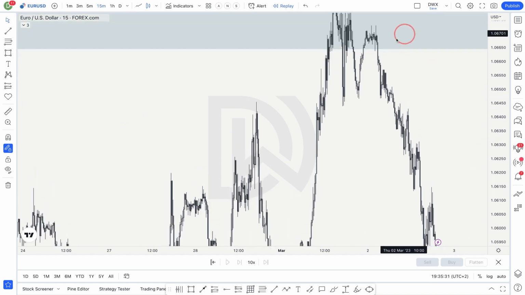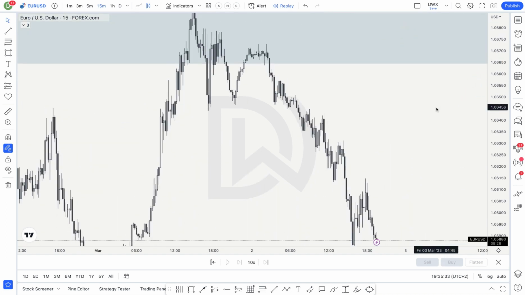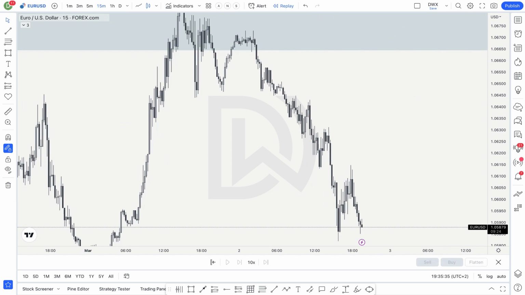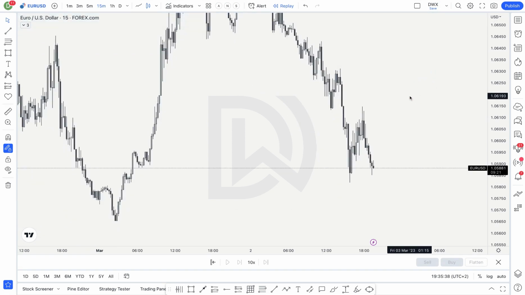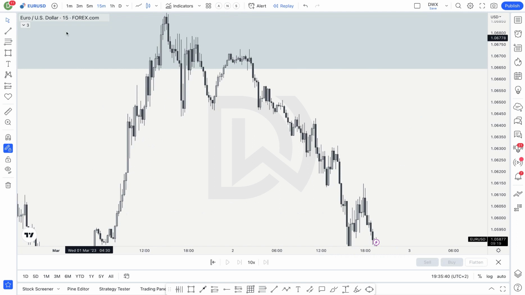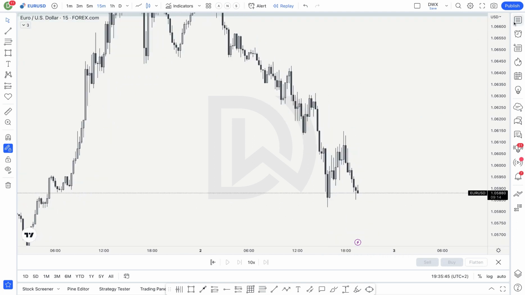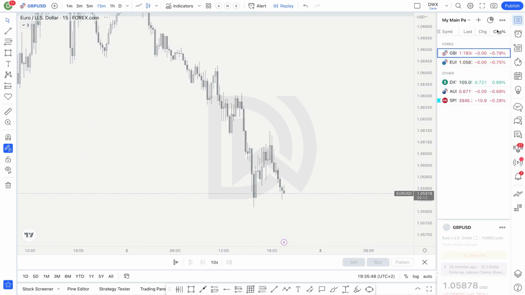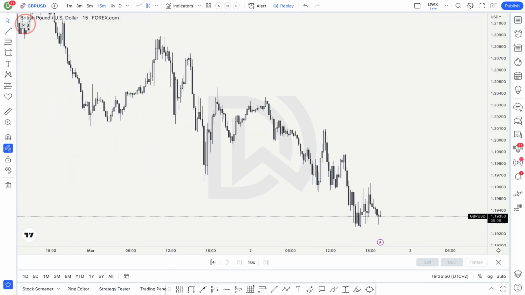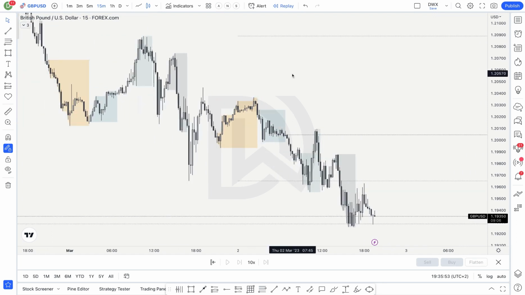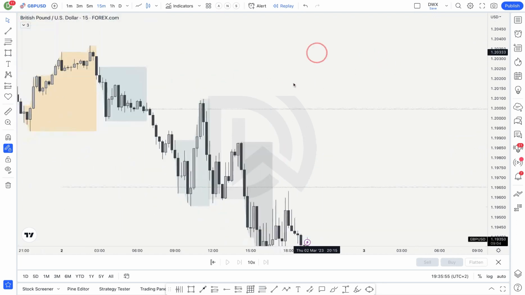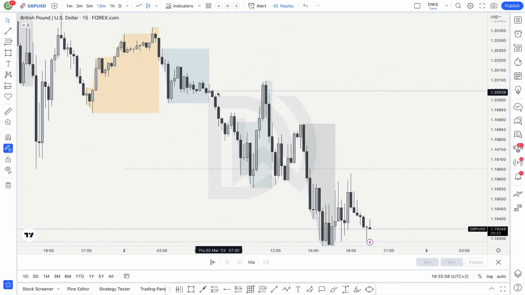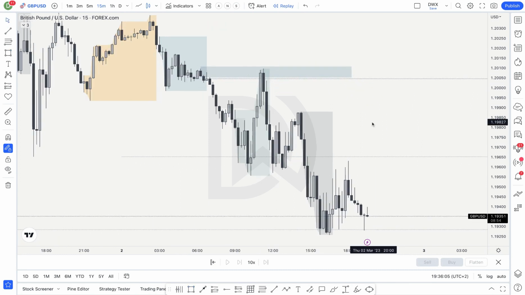Yeah, all in all, it was just a sell day where price was in a sell model. And we should have looked for sells, and if price did not give us an entry, just stayed out. So that's kind of on EU and GU. Let's look at GU. GU had similar price action. GU actually quickly came up just above the New York Open, traded into this little area, and then had a further sell off towards the downside.